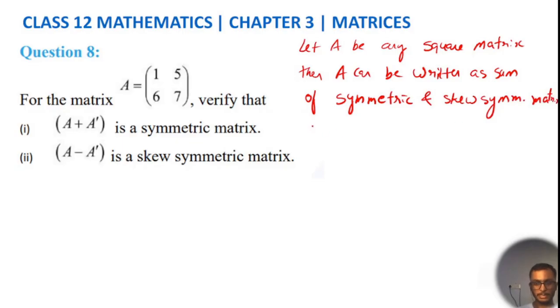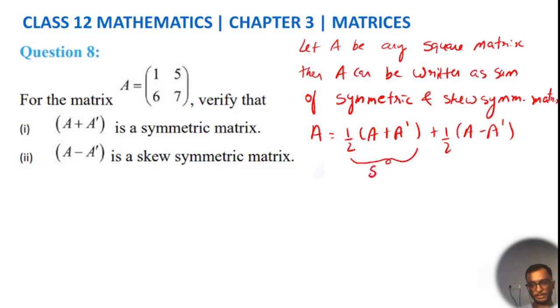तो अपने क्या करते हैं कि A को मैं कुछ इस तरह लिखता हूं, 1/2 (A प्लस A ट्रांसपोज) प्लस 1/2 (A माइनस A ट्रांसपोज)। आप इसको सिंप्लीफाई करिए तो आपको दिख रहा होगा कि 1/2 A प्लस 1/2 A होगा और A ट्रांसपोज कैंसिल हो जाएंगे। तो A को मैं ऐसे लिख पा रहा हूं और मैं बोल रहा हूं कि ये पार्ट मेरा सिमेट्रिक होगा और ये पार्ट मेरा स्क्यू सिमेट्रिक होगा।